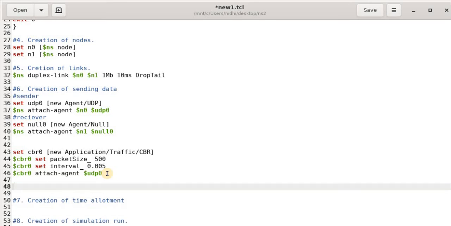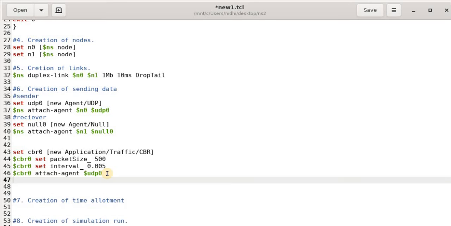One other thing, after attaching the agent, you have to mention the path the data has to traverse, in which direction, because I already initiated the nodes, links, and the UDP and CBR agents, but I did not mention from which part the data should be generated. So there is a technique called initiating the connection, which is a sub part of sending the data.